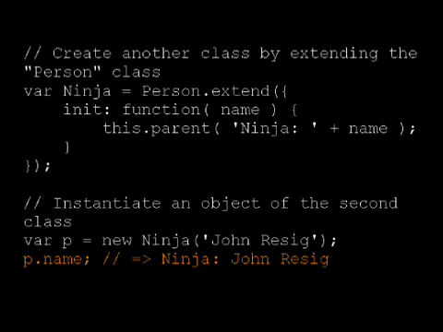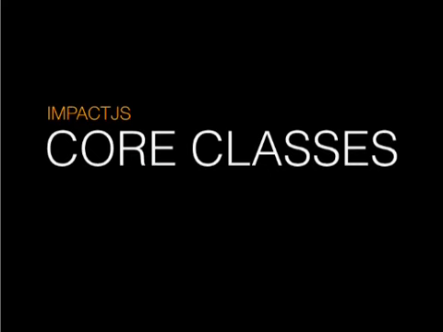So I'll take the next block of time to just go over the core classes of the framework. I'm not going to show any code. I think there's a few key things to go over, especially when you're learning a framework. You want to get this high-level overview of all the classes. You would think that a game framework would be made up of tons and tons of classes, but this framework is actually incredibly concise. I think there are about 10 to 12 different classes that represent the entire game framework.